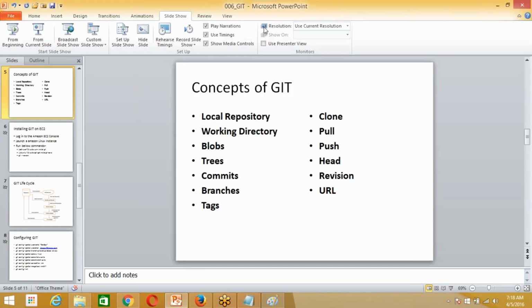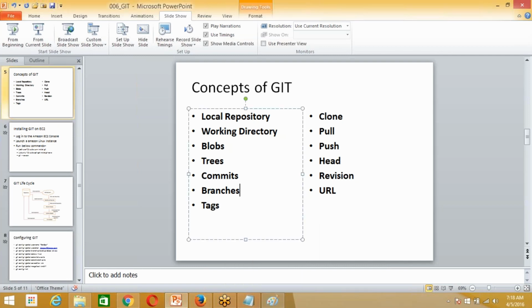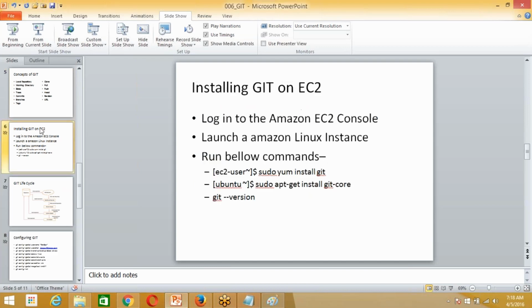For Ubuntu, what command do you use? Yeah, apt-get. apt-get install git or git-core.